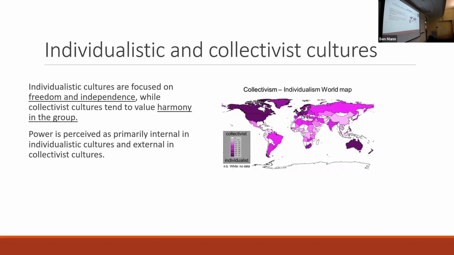In more individualistic cultures, power is seen as internal, right? An internal locus of control refers to the idea that you have control over your destiny, over your decision-making, that you have the ability to move things to fit what you want to achieve. And in more collectivist cultures, power is seen as outside of you, right? It's delegated to other people, it's delegated to authority figures. Your slice of the pie, your ability to manipulate or change events in your favor is a lot smaller. So how power is perceived in groups looks really different across these different measurements too.